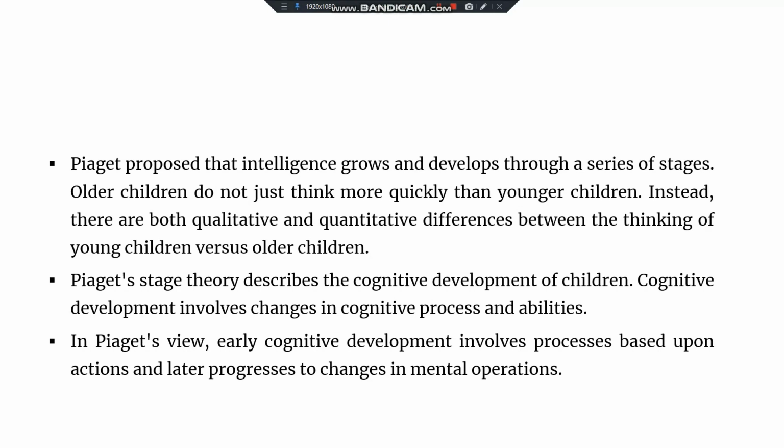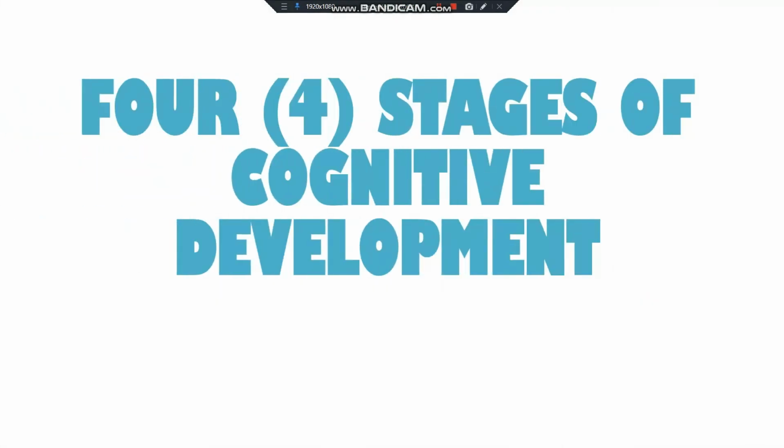So for example, Vygotsky believed that social interactions were more critical to language development than internal language. At the same time, Piaget thought that people have a natural affinity for language and that children are likely to learn to speak before they can read or write. So despite these differences, it is common for people to need clarification on the two theories because they are similar in many respects. So now we will proceed with the four stages of cognitive development.